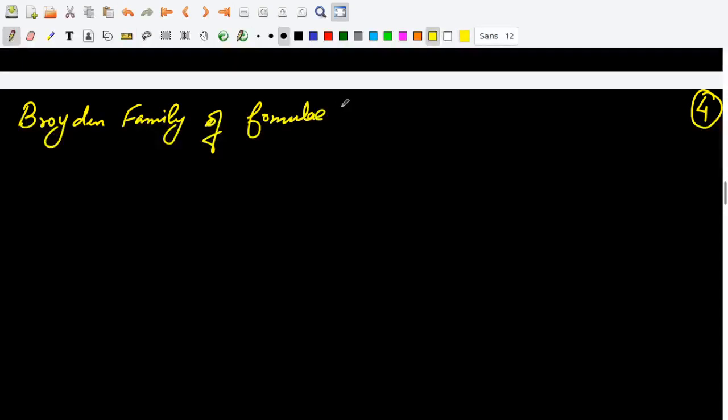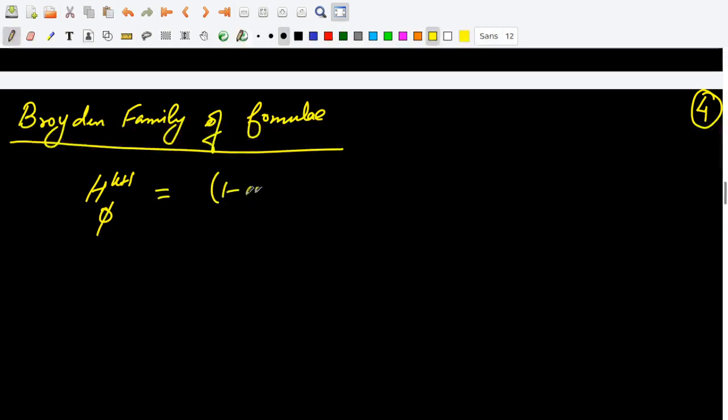The Broyden family of formulae is the whole set of formulae for updating H k plus 1, and this has a parameter phi which we are free to choose. So 1 minus phi